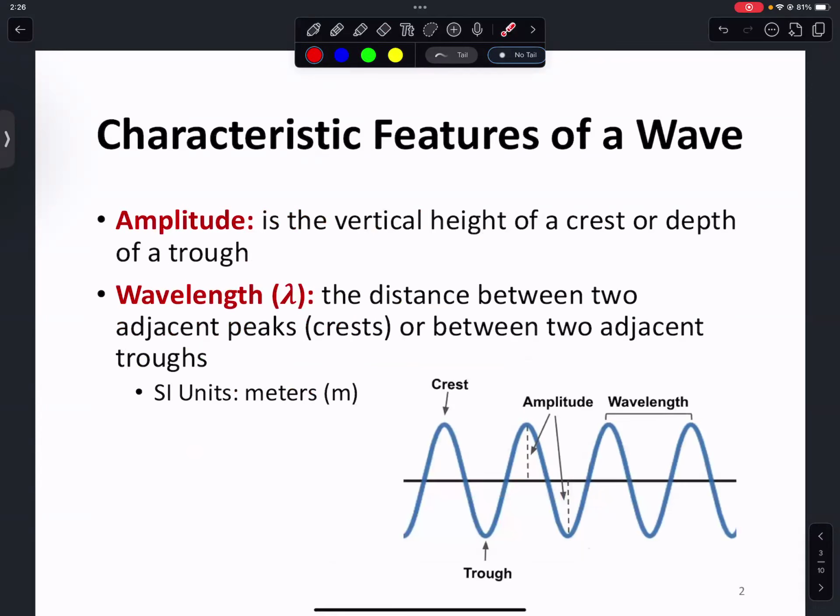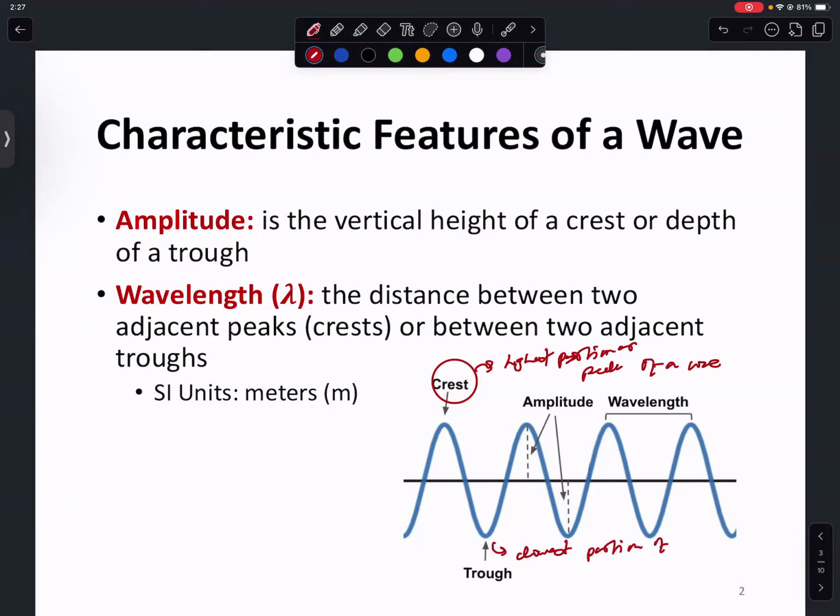Now let's talk about the anatomy of a wave, or its components. Let's start with the amplitude of a wave, which is simply the vertical height of a crest. The crest is the highest portion or peak of a wave, or the depth of a trough. Both of these are labeled as amplitude. A trough here is the lowest